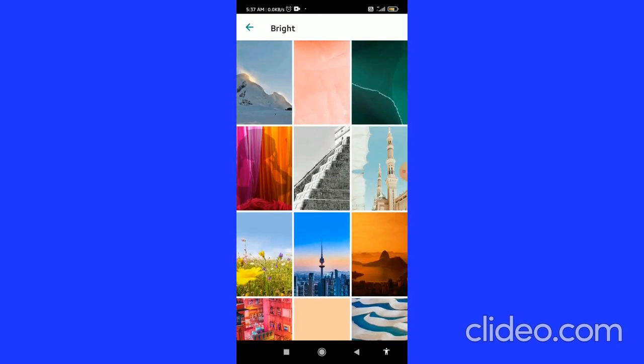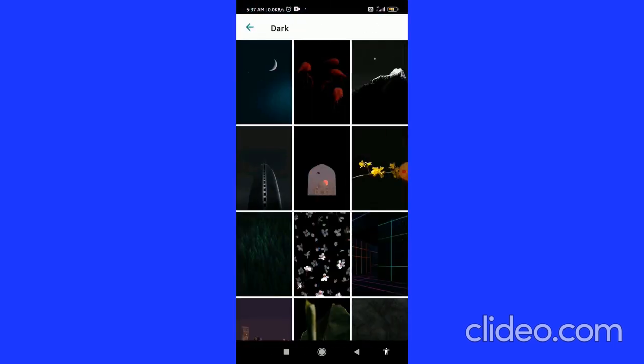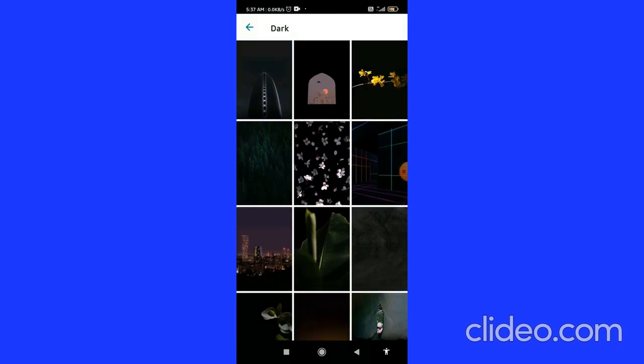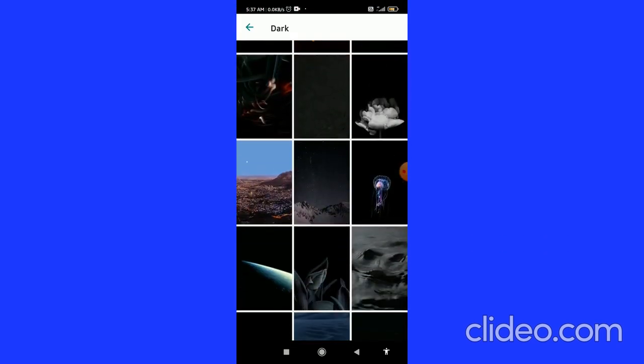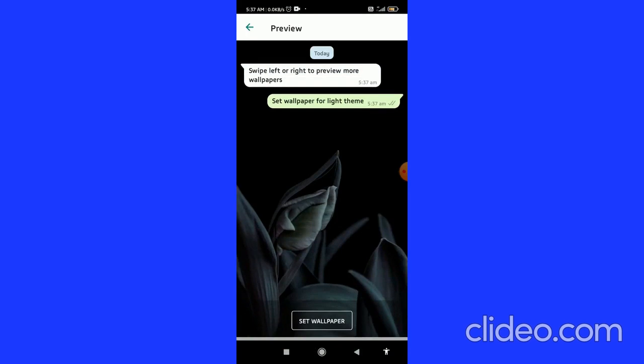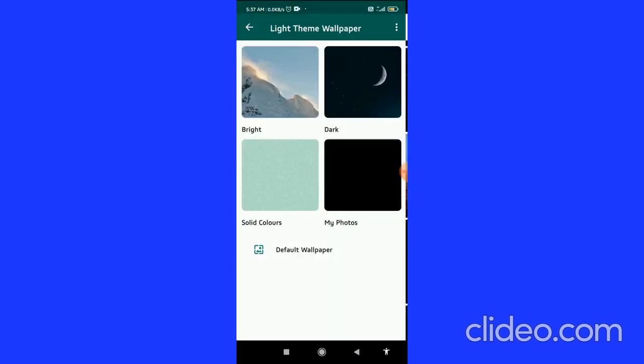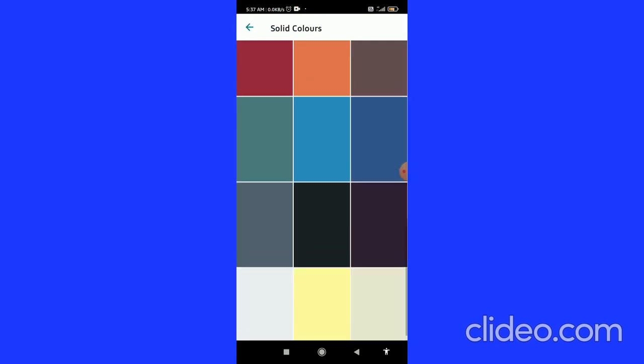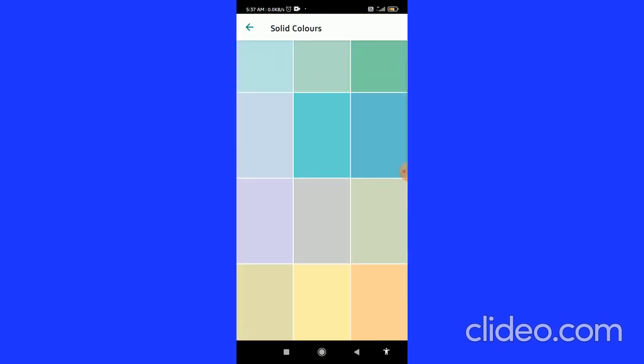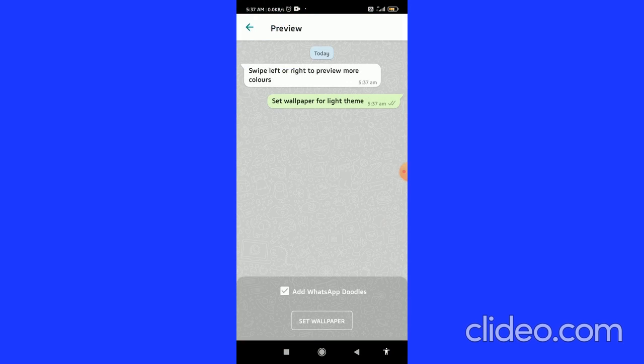You can do this with the dark wallpapers as well. You can go to the dark wallpapers, choose one by clicking on it, and then set the wallpaper by clicking on the Set wallpaper option at the bottom. You can also choose solid colors by scrolling through, then pick a color that you want, and click on the Set wallpaper button